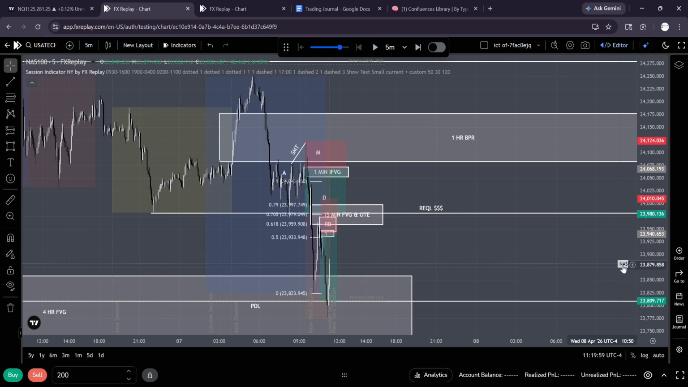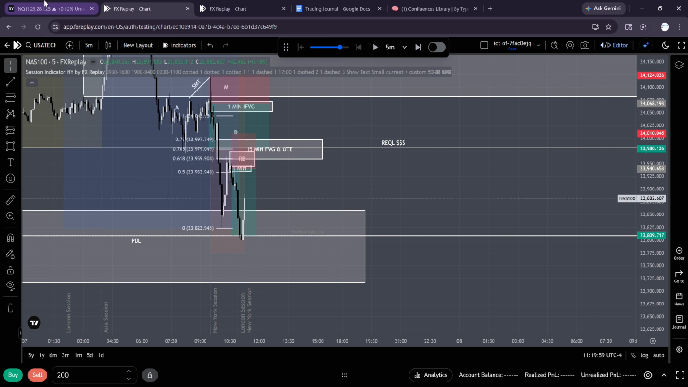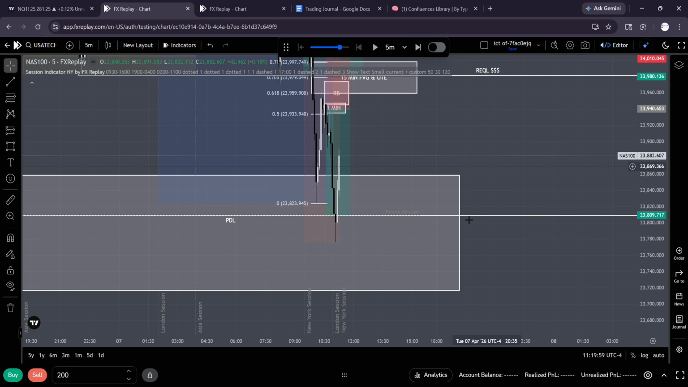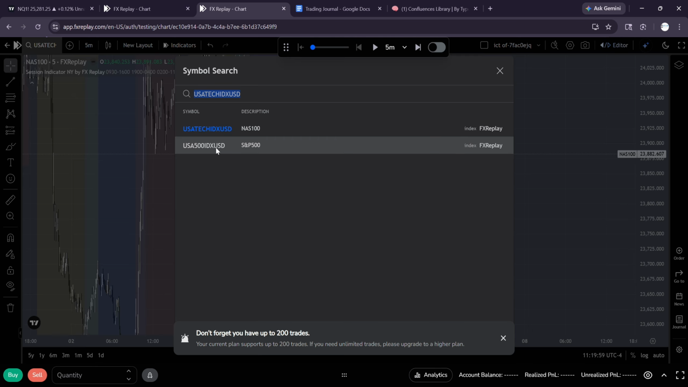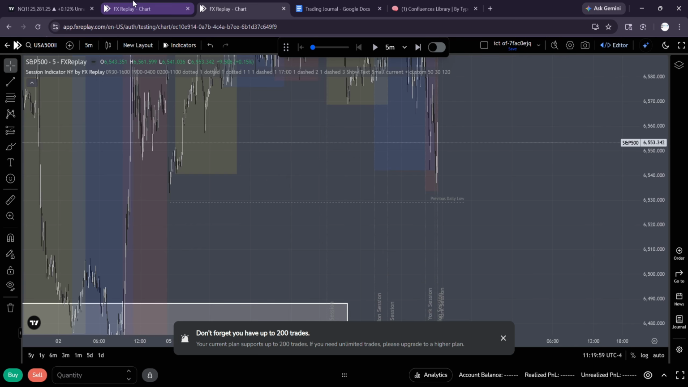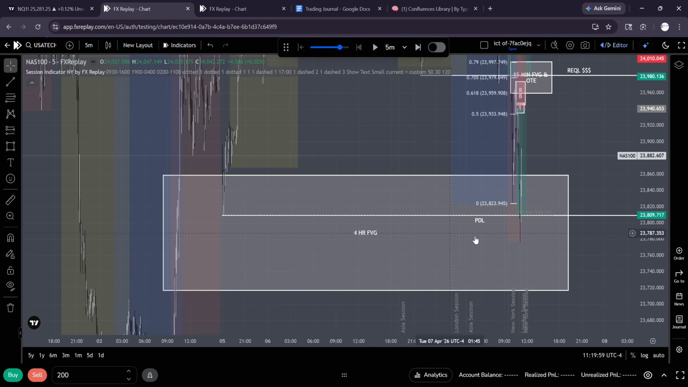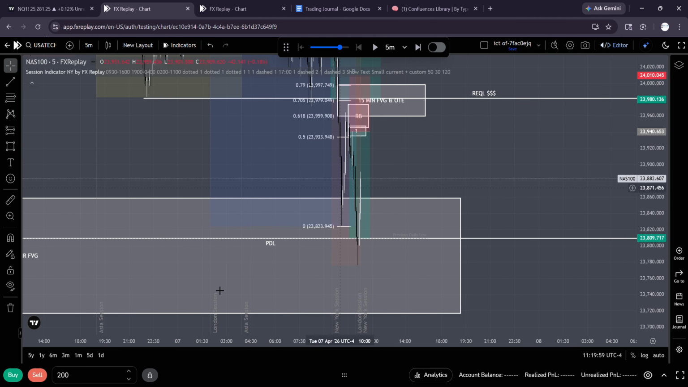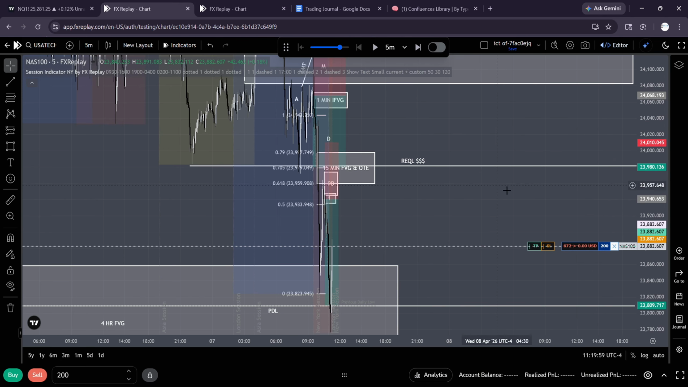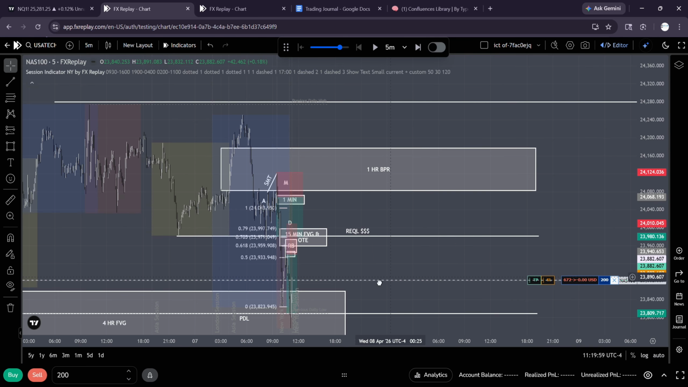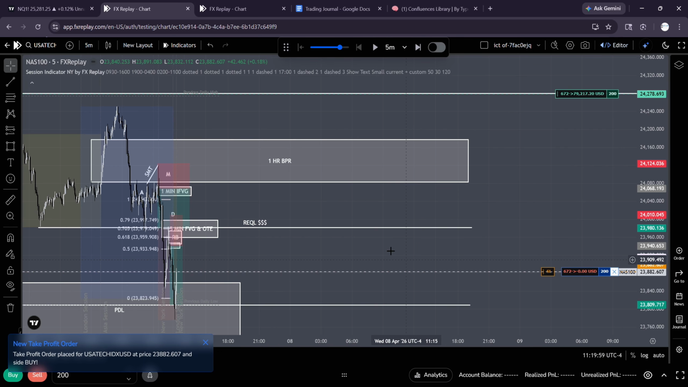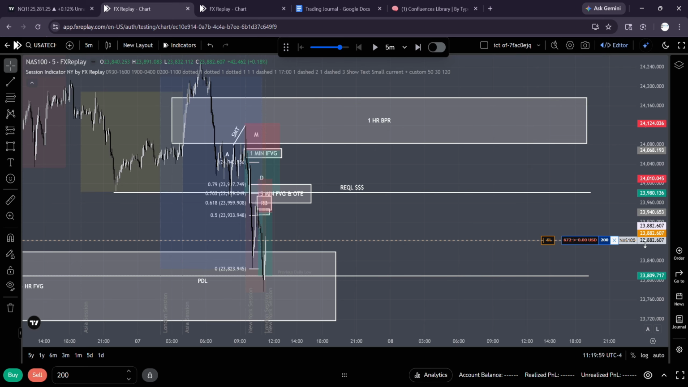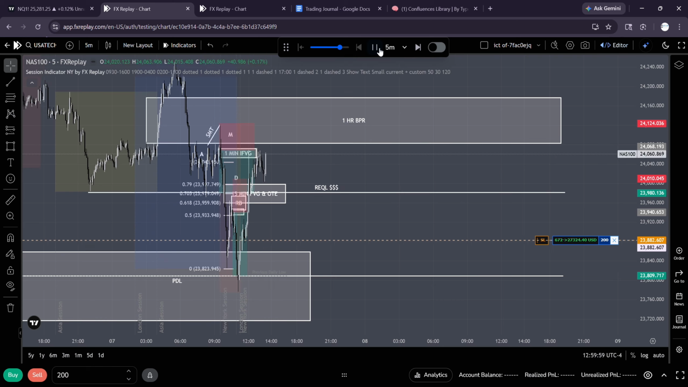Now, we can look to take this first inversion. After sweeping this low, we created an SMT with this previous day low. We also had a 4-hour fair value gap. So now I'm looking to take a buy entry, and we're looking to target our previous day high. Because keep in mind that I am really long time frame bullish. So if I let this play out,